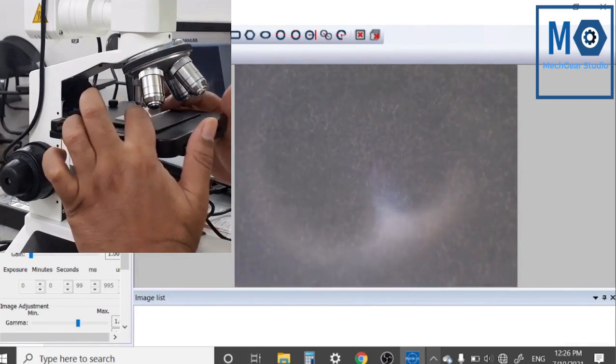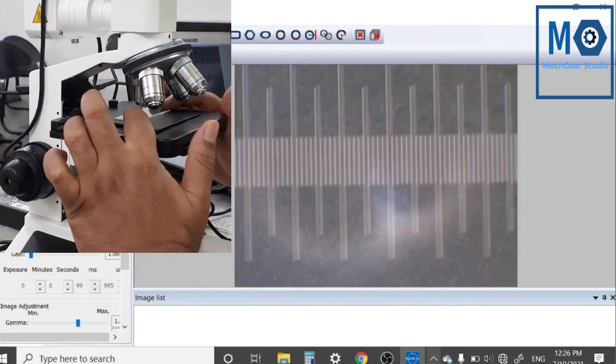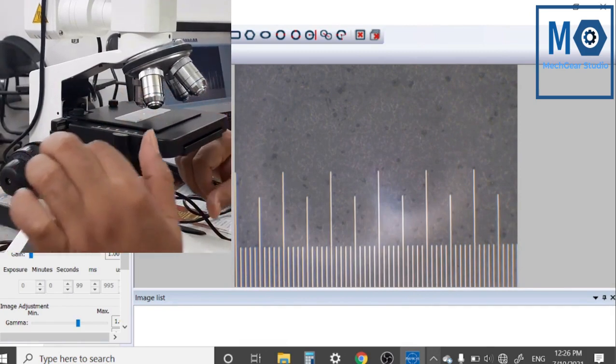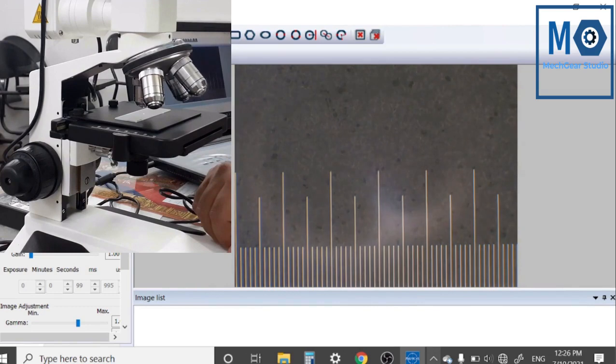First we will adjust stage height, and when this division is visible, then we will adjust division exactly vertical. This division remains vertical in our image, so we can draw a straight line for measurement purpose.